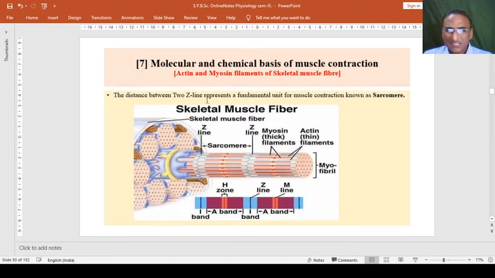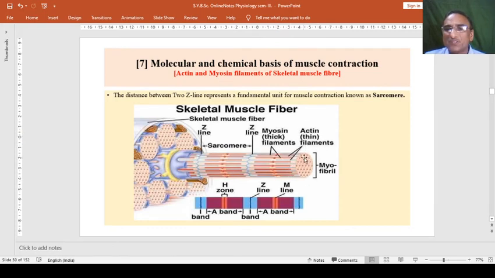So this is the ultrastructure, and these are the molecular and chemical basis in general. We have seen this band already in a previous experiment. Here there are rod-like proteins and somewhat globular proteins. These are alternately present and known as actin and myosin filaments. We can see here the blue line and a red or brown line. So the blue and brown lines are alternate bands present in the muscle or myofilament. Therefore, the thick brown ones are called myosin, and the thin blue ones are called actin filaments.